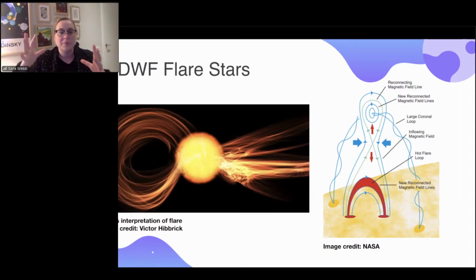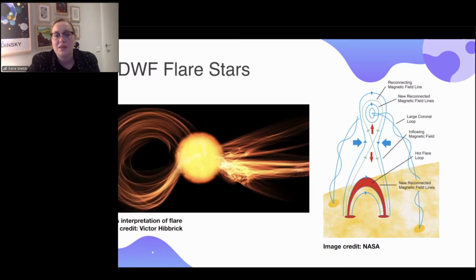So when we see, and this is a very dramatic artist's interpretation of what a flare star might look like, but if we look at our own sun and we see those looping, I forget, prominences, I'm not sure, I forget what they're called when we look at them in a solar telescope, we can actually see the electrons in the plasma looping around these magnetic field lines, and they're kind of trapped in the field lines. When you break them, that's when we can get a surge of immense amount of energy just spewing out into the interstellar medium, or the solar system surrounds.